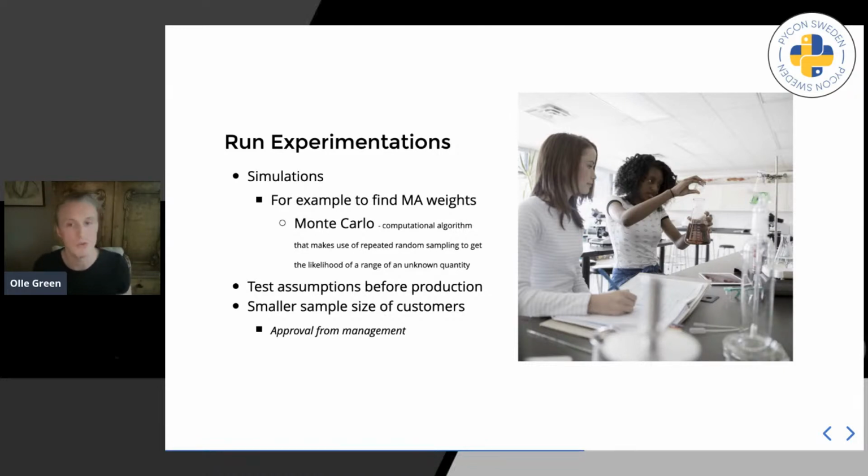Which is also going to help you if you come to larger organizations and try this, because getting approval from management is one of these things that is, to me, very easily forgotten when you just love to work with the mathematical modeling part. But sometimes you actually need to get someone to approve this and explain to them why this is a good model for this situation.